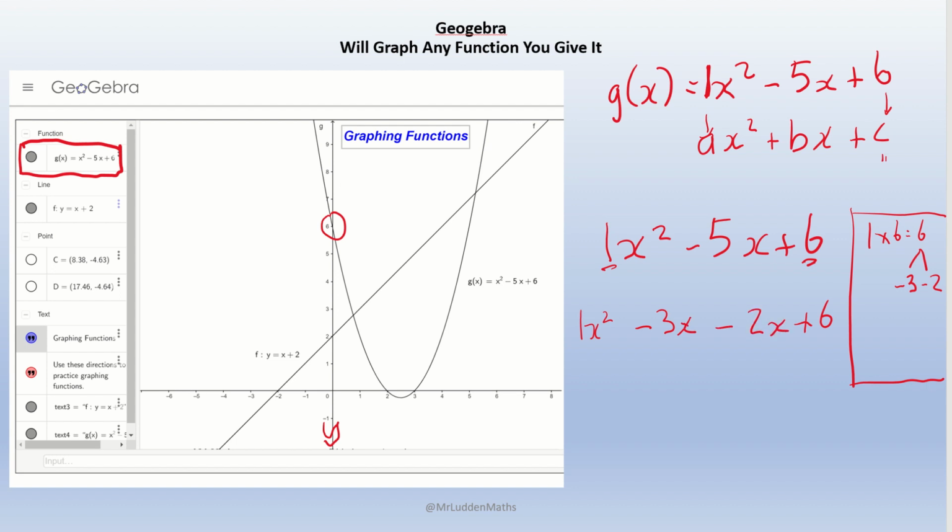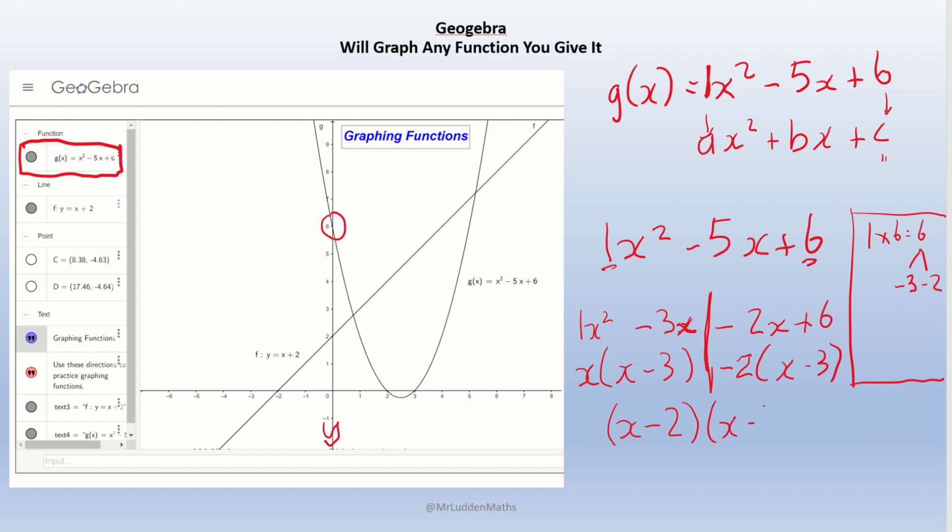This is now a grouping question. So we sort of change it from a quadratic. It's still a quadratic, but it looks more like a grouping factorizing question. So I'm going to split that down the middle. I'm going to get the highest common factor here, which is x, and x minus 3. And on this side over here, the highest common factor is minus 2, and I'm going to have x minus 3. And if I finish off my factorizing, I'm going to have x minus 2